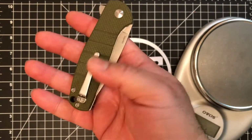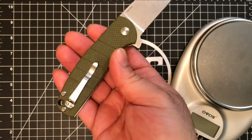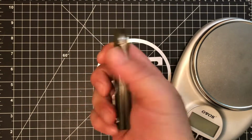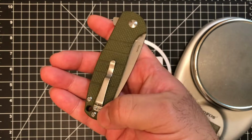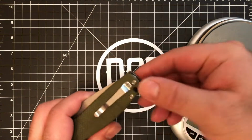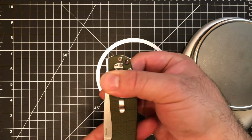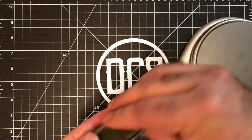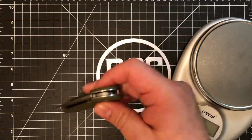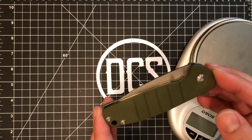The pocket clip itself is very nicely done. It's not the titanium pocket clip, but I gotta tell you, I really enjoyed this pocket clip. When I used it, I would slip it in my pocket. It's not a deep carry clip by any means, but it hides enough of the knife to where if you have to access it and just pick it up, it's basically here on up. It's a very small amount of the knife that you're going to be able to see whenever you're carrying it, but you're going to have an ample opportunity to grab it and present it whenever you need to use it. So the green model is model